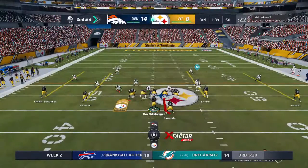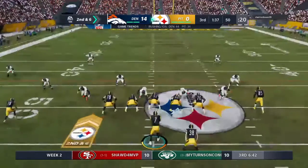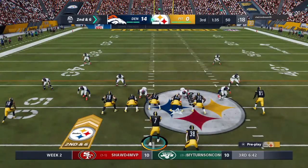He's not going to get me. 26 Mike, 26 Mike. Let's go, defense. Let's get out the field,